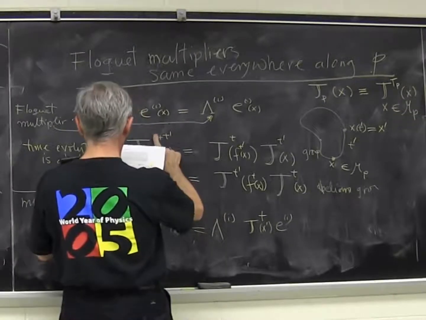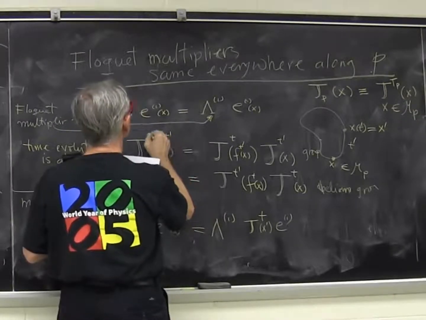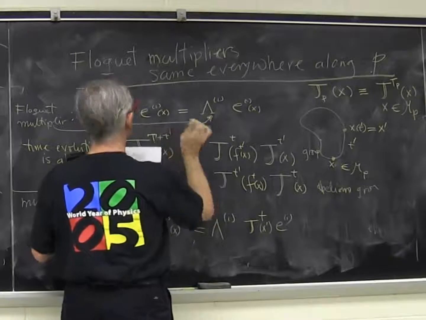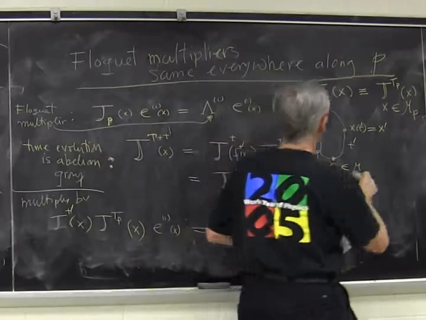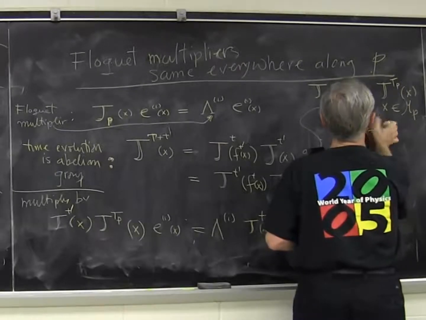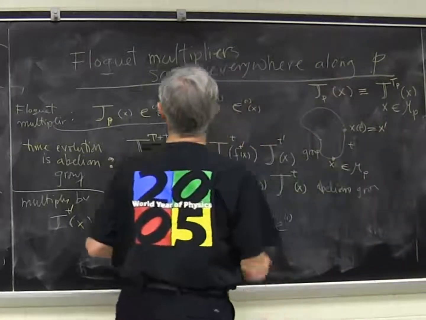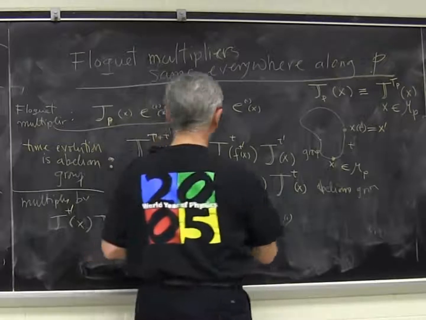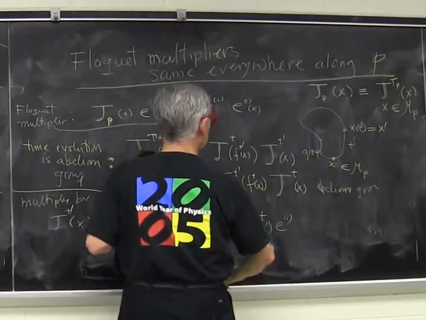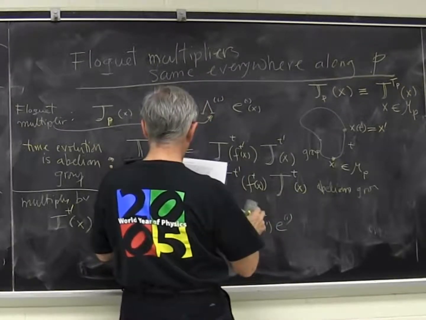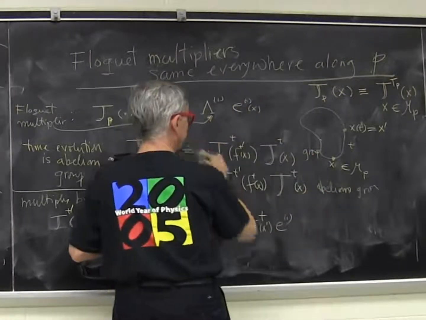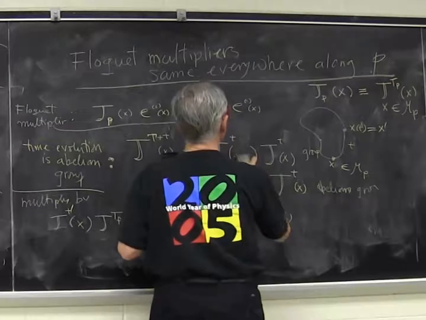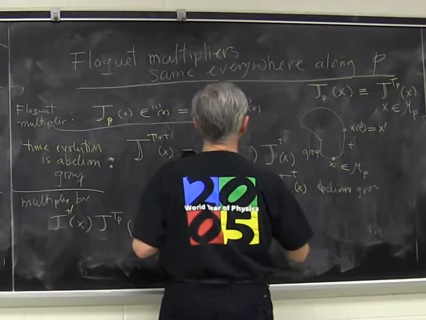I'll make one of these t, and I'll call this point x prime. So I want to use that this is: go time t from x to x prime,